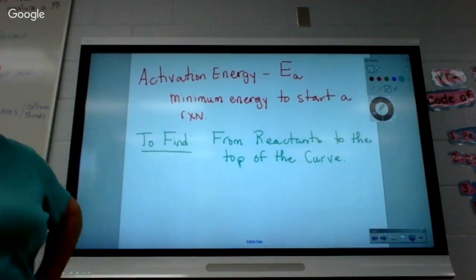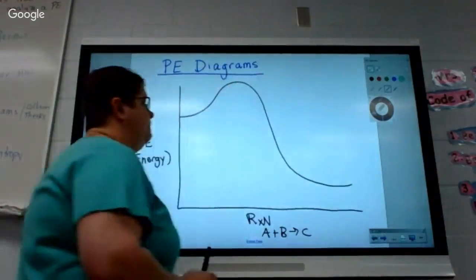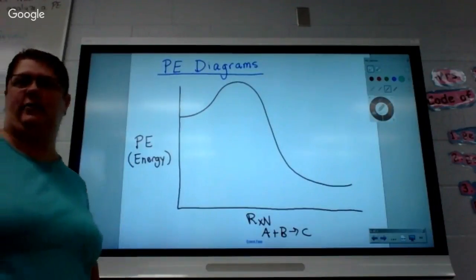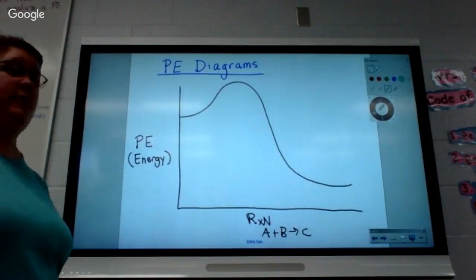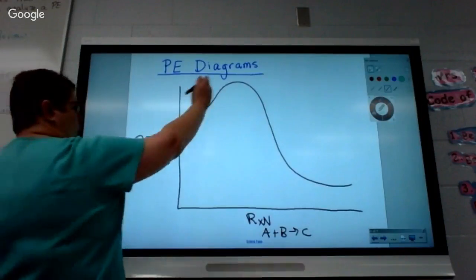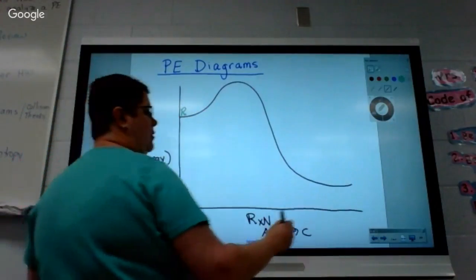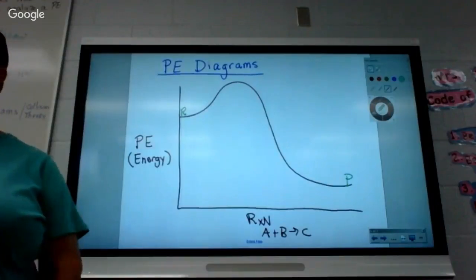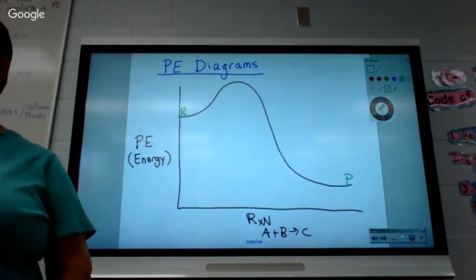Are you caught up with me? All right, so we go back to the graph. If this is a reaction, where are the reactants always at in the reaction? First or last? First. They're the beginning, right? So if this is a graph, the reactants are always at the beginning. The products are always at the end. So on any activation or on any potential energy diagram, the reactants are always first, the products are always at